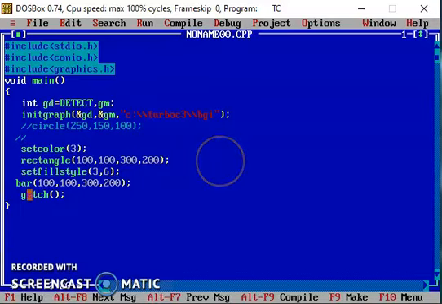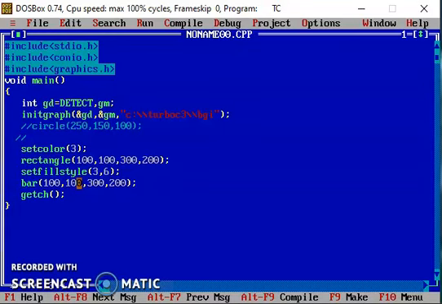So this is the first example of computer graphics using C, where we see how to initialize the graphics mode, how to set the drawing color, how to set the filling pattern and filling color, and how to draw circles, rectangles, squares or filled bars.